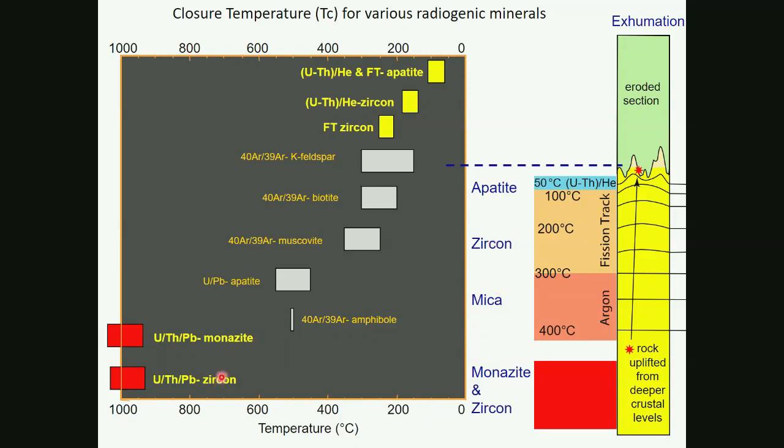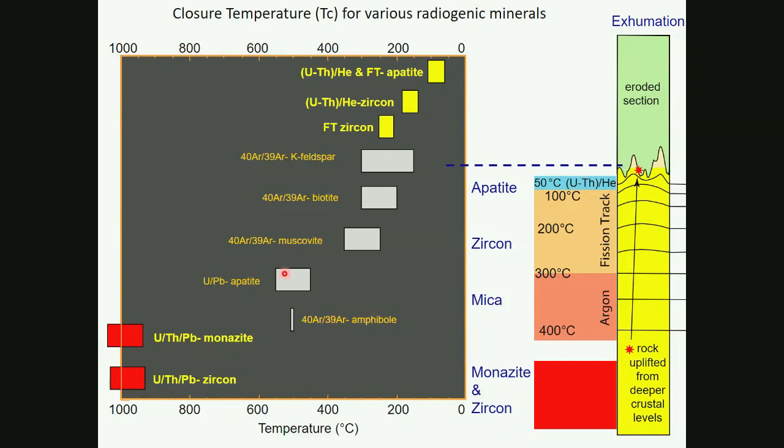And so in theory, if you were to take a rock and separate out some zircon and monazite, or you did in situ analyses, and you were able to constrain it to 100 million years ago. So 100 million years ago, those minerals within the rock crystallized and began to accumulate their stable radiogenic daughter product. So these would be your high temperature minerals. And then perhaps you choose other minerals that have closure temperatures at progressively lower temperatures,